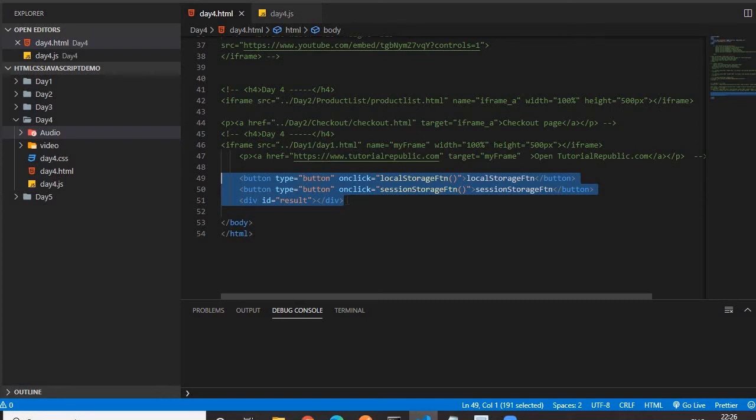So this is one of the important concepts in web storage. Let me tell you the difference between local storage and session storage. Then afterwards we will see how it is getting stored. It is also one of the important questions: what is the difference between local storage and session storage? If we are storing something in local storage, that is stored till